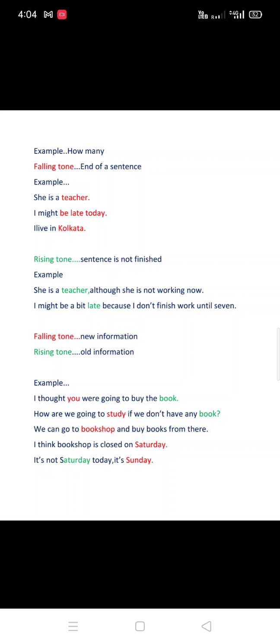Now we will learn the use of rising tone, falling tone, rising-falling tone, and falling-rising tone. What are the uses of falling tone and rising tone at first? Falling tone is used at the end of a sentence,